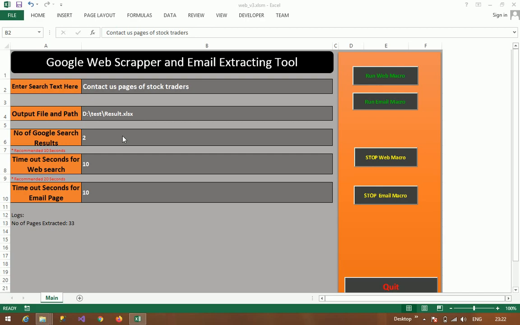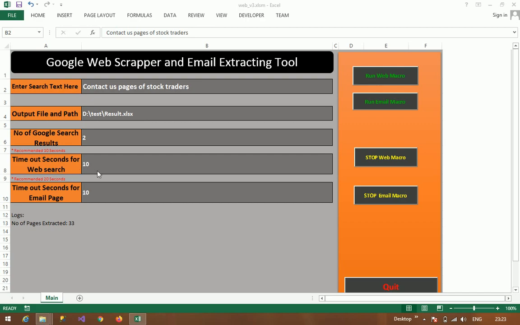When we enter the keyword "contact us pages of stock trader" in the Google search engine, there will be around 20 or 30 or even 100 web pages in the search results. Basically we are interested only in the first two search results, so I have mentioned 2 here. We can increase it to 3 or 10, 20 as we like.